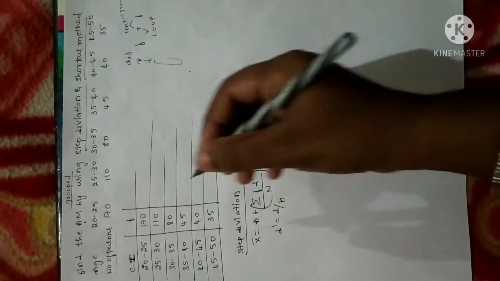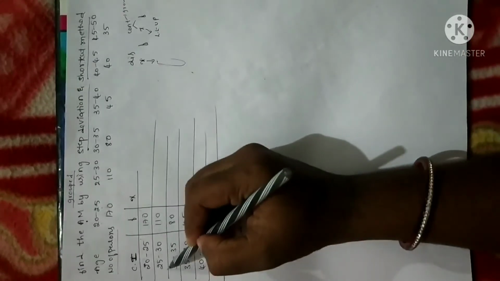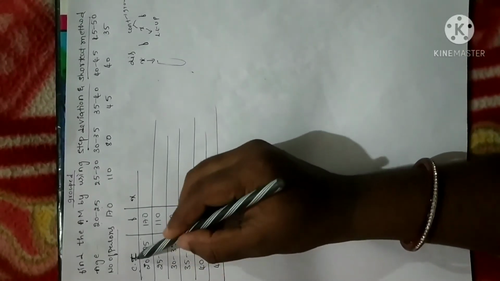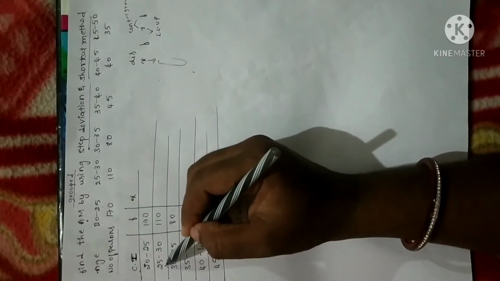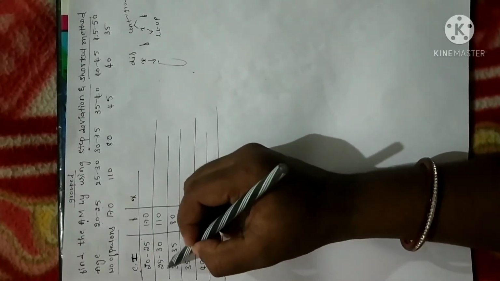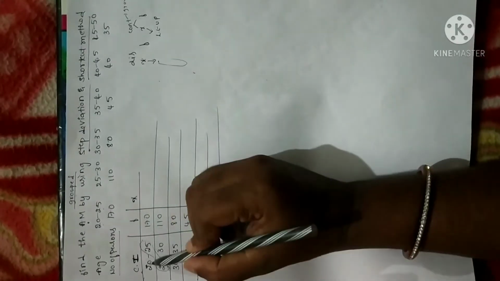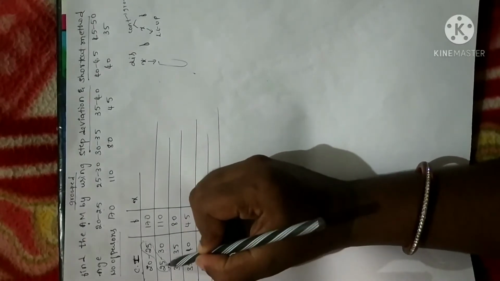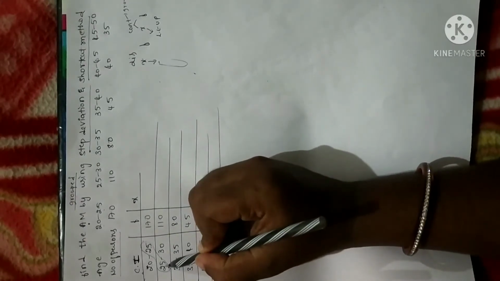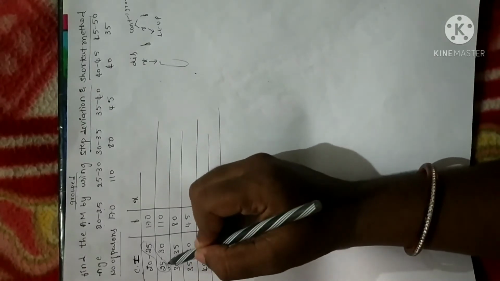Now the f value is given to us, but we don't know the x value. Before finding the x value, we have to make sure that the class interval is continuous. I have already explained the exclusive and inclusive methods. Exclusive in the sense both the values here should be the same. This is lower limit, this is upper limit. The upper limit of the first interval should be the same as the lower limit of the second interval. If that is the case, we can say this is exclusive data.